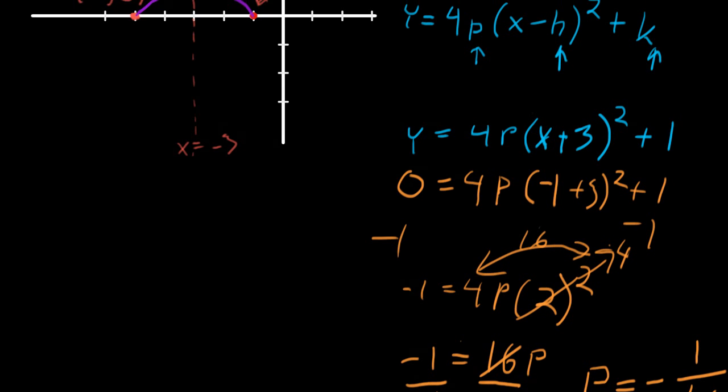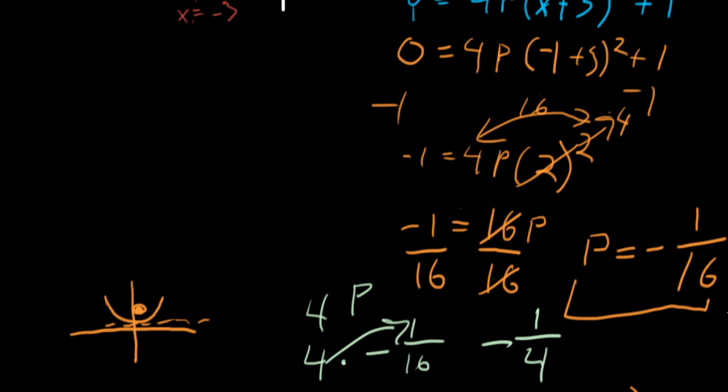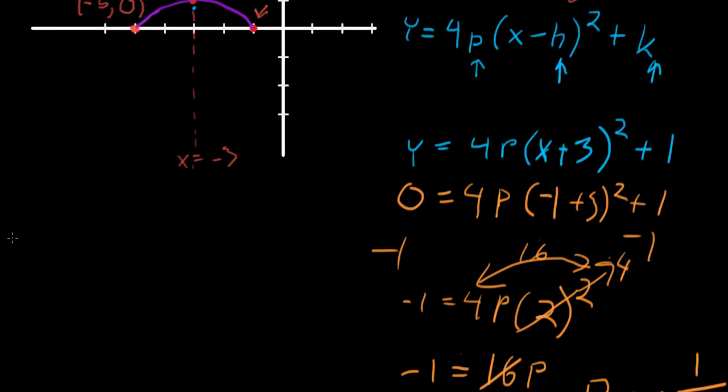So 4p is 4 times negative 1/16. 4 goes up there. Then that reduces, and I get negative 1/4. Okay, so that's my 4p value. So if I say y equals negative 1/4,